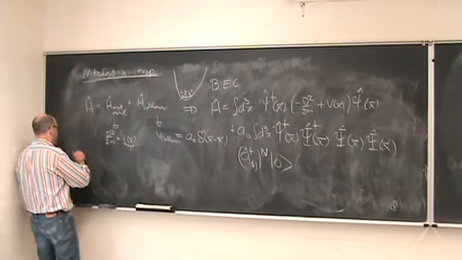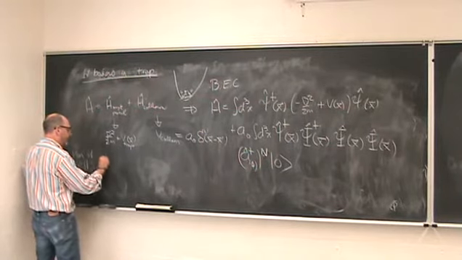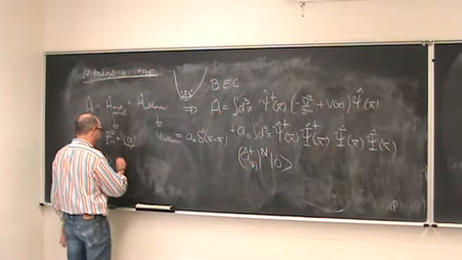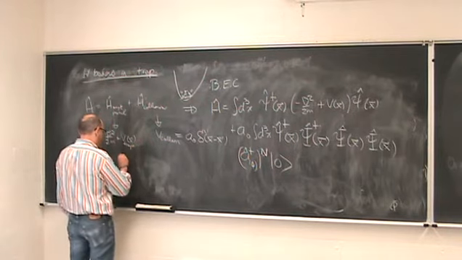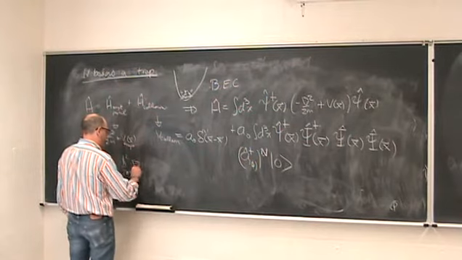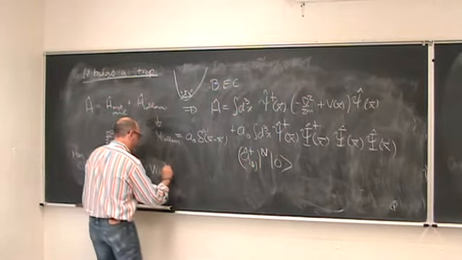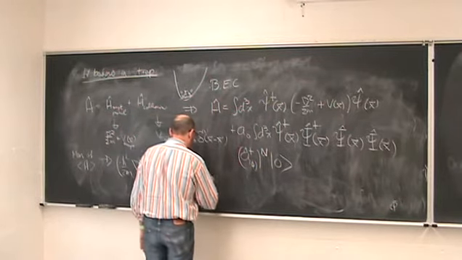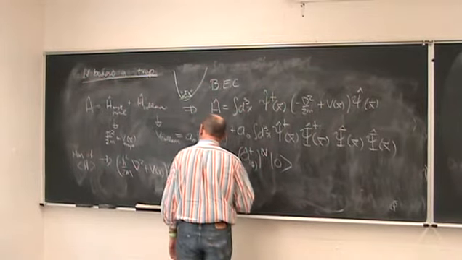So the minimization of the expected value of the Hamiltonian leads to something that would look like the following: minus h bar squared over 2m the Laplacian plus V of x, phi of x, plus a N minus 1